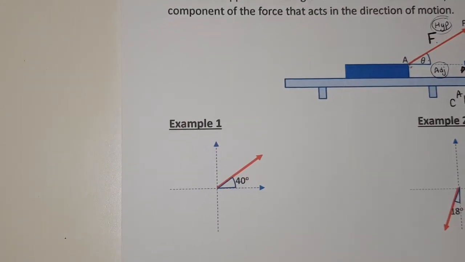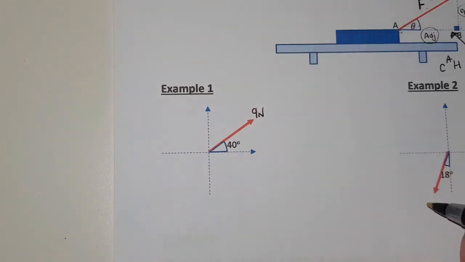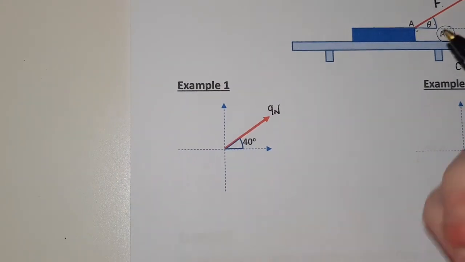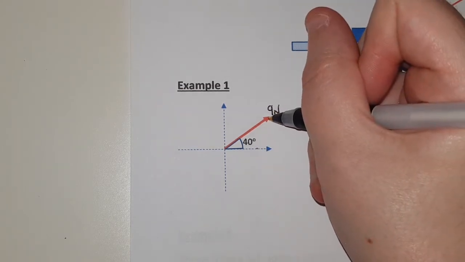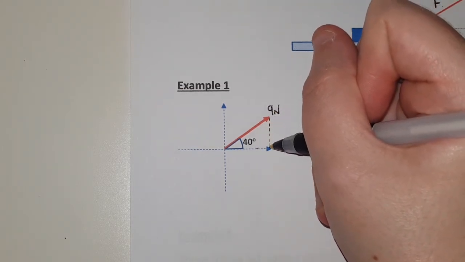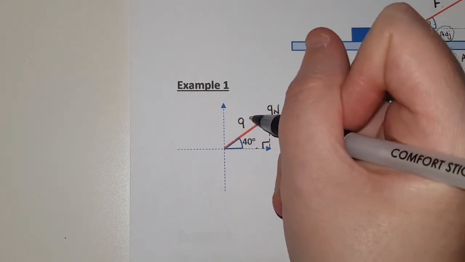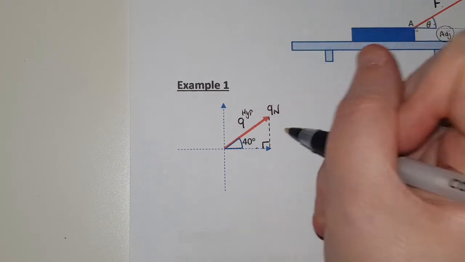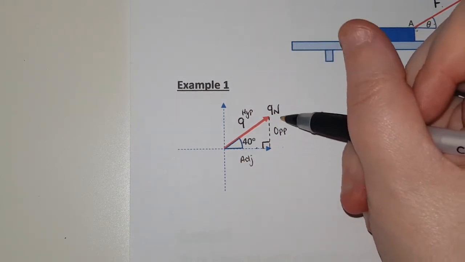So if we look at that in terms of some examples, and as always, there's something I'm going to miss. If I've got a 9 Newton force, being pulled at an angle of 40 degrees to the horizontal, all we're going to do is join the end of your force to the horizontal to create our right angled triangle. You're always aiming for a right angled triangle, otherwise SOHCAHTOA is not going to apply. I know this side is 9 and it's also our hypotenuse. This side's the opposite, this one's the adjacent. So if I'm looking for the vertical component,